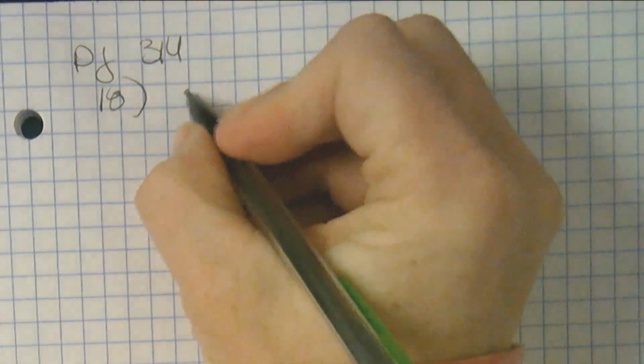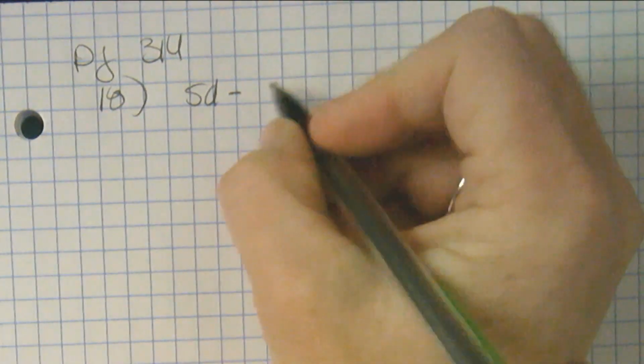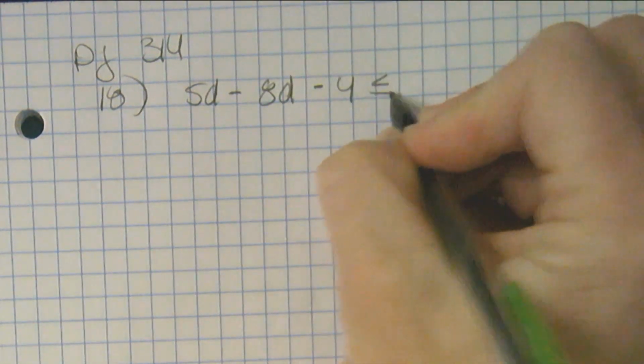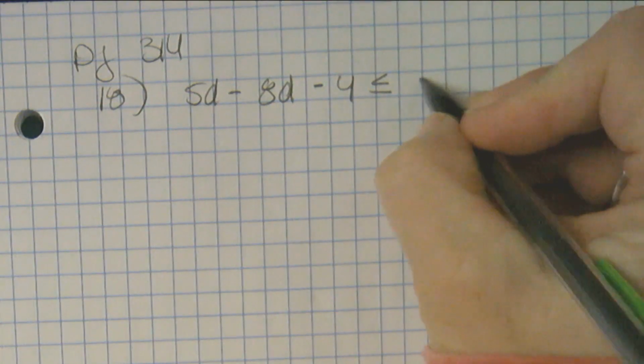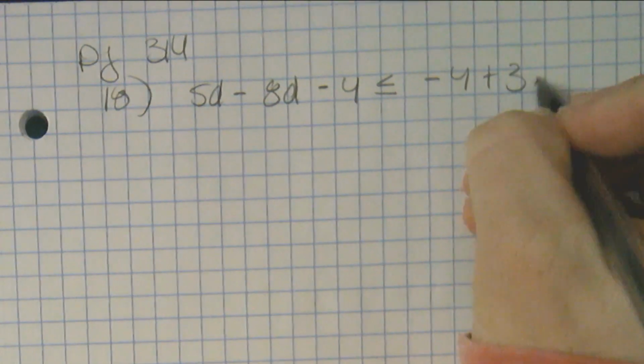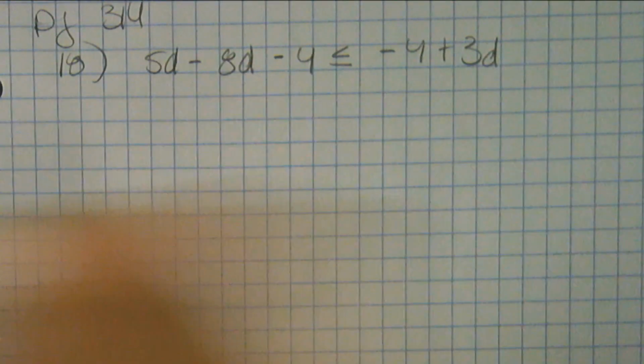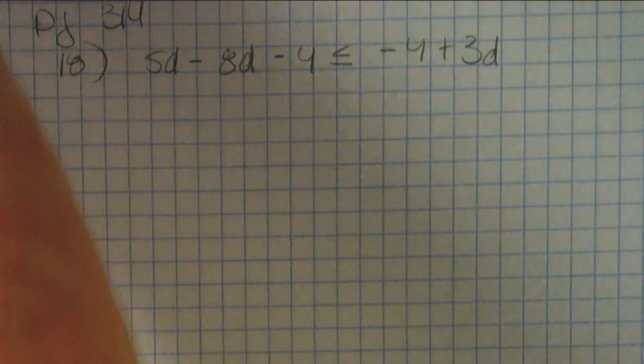All right, so if I take a look at 18, 18 says I have 5d minus 8d minus 4 is less than or equal to negative 4 plus 3d. Is this the one you're talking about? Awesome. Okay. Well, the first thing, Maggie, what I'm going to do is I'm always going to do adding the